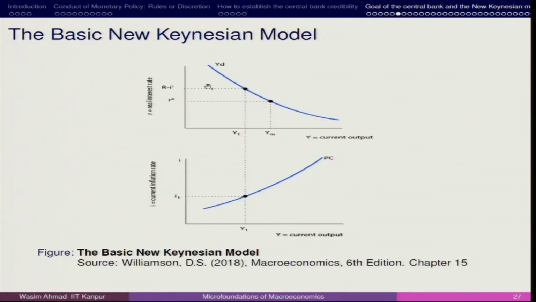So, from that perspective it becomes easier. If this is the real interest rate, and this is the natural real interest rate R star, at this level you have Ym, the output. But given the real interest rate that we have, which is the nominal interest rate minus the expected inflation, you are producing output Y1, and here you have the inflation rate I1, which means the output gap is created, and in this case the central bank will not be able to achieve both targets.